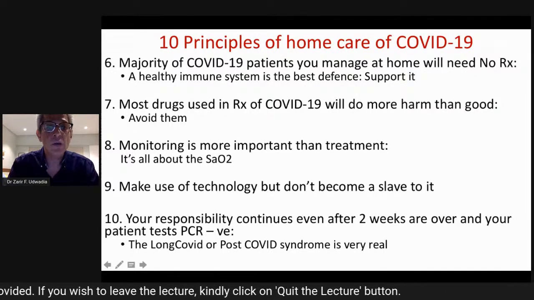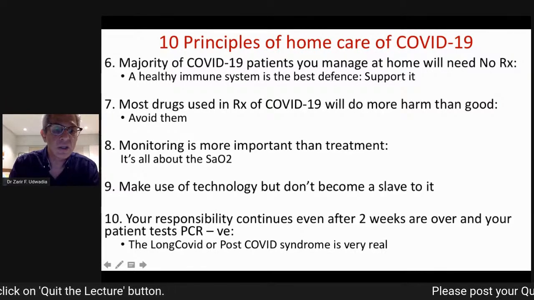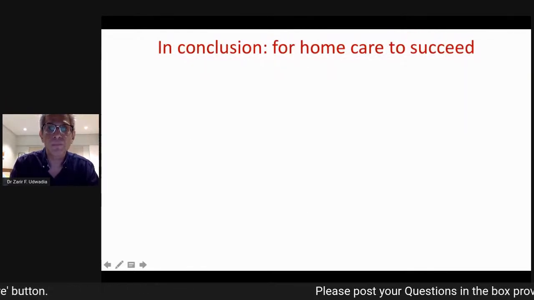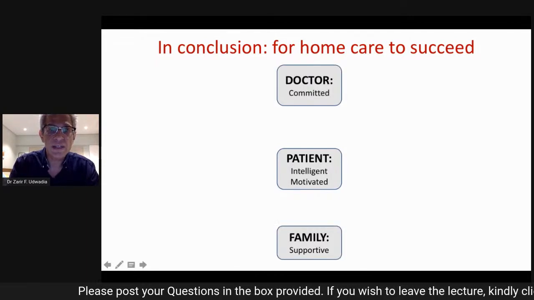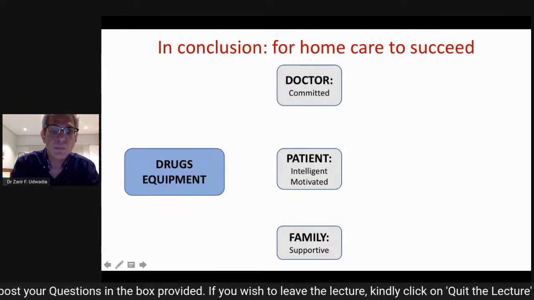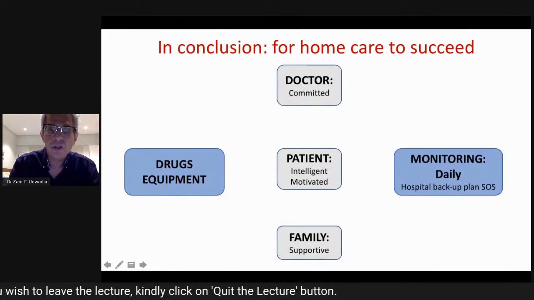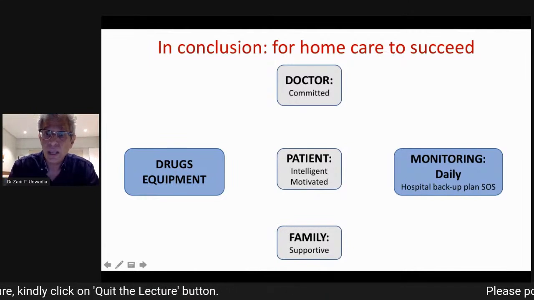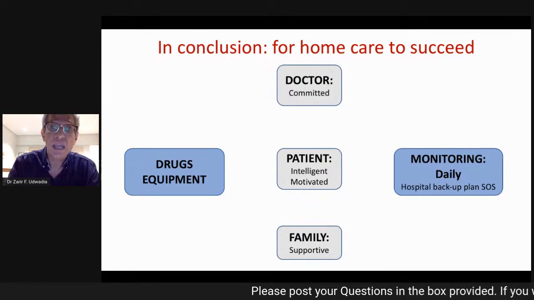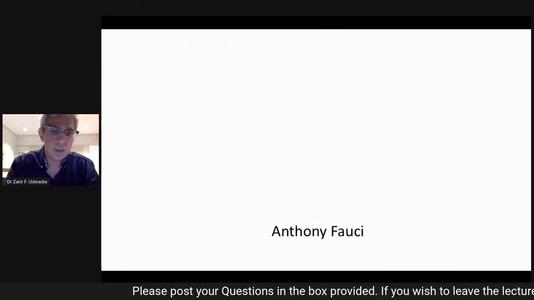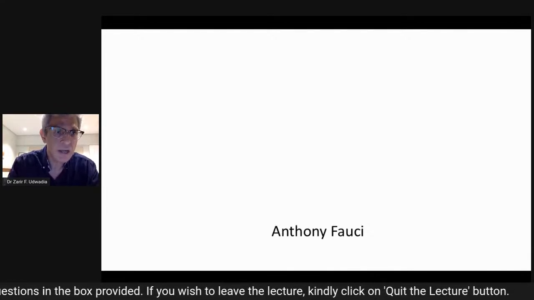And I've talked about how your responsibility continues even after several weeks are over, because the long COVID syndrome is very real. So you need a patient who's intelligent and motivated, a doctor who's committed, a family who's supportive. You need the right drugs and equipment. You need constant monitoring of the kind that Dr. Mashru can do. And many people don't have the time and the inclination to do it if home care is to succeed. And let me end by quoting this great man who deserves a lot of credit just for standing up